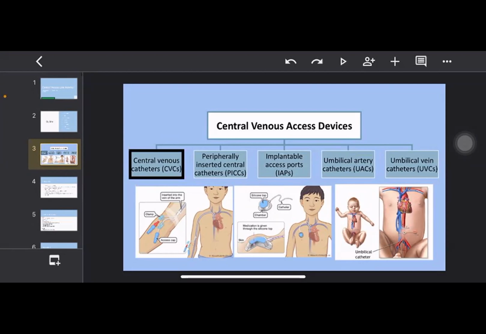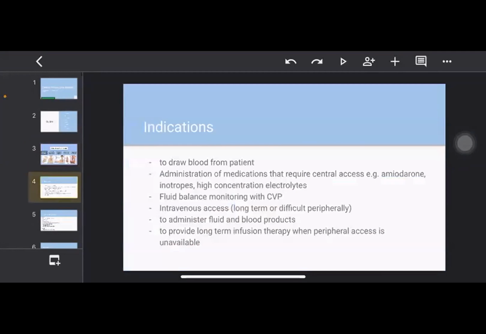The placement of this catheter is usually into the most centrally located veins, and it is often needed in critically ill patients or in those patients who require prolonged intravenous therapy. PICC, IAP, UAC, and UVC are other types of central venous access. Next is the indication for this procedure. It is mainly used to draw blood from the patient, and also